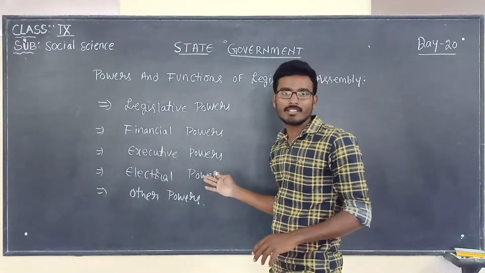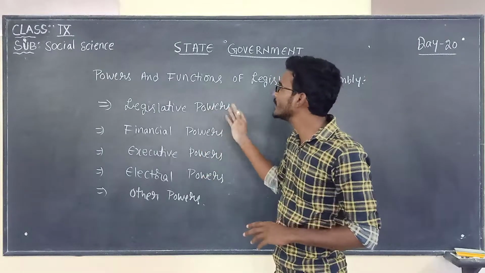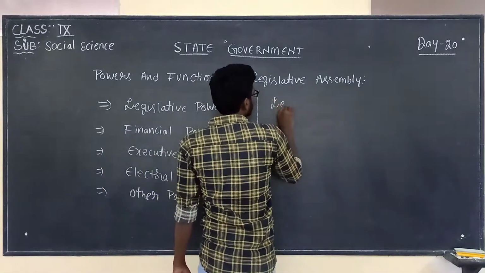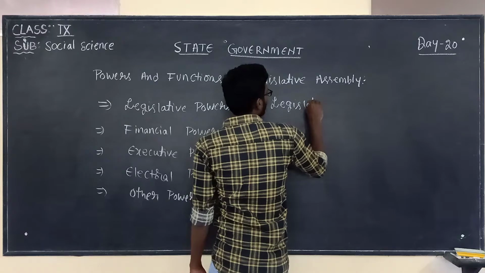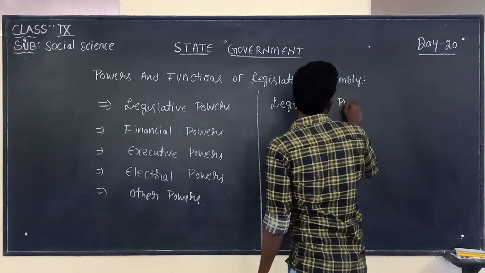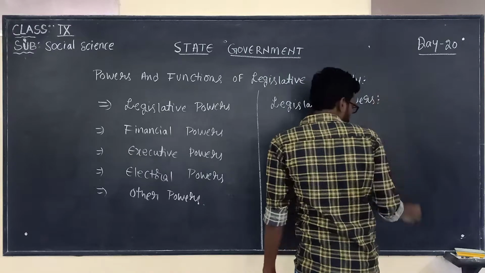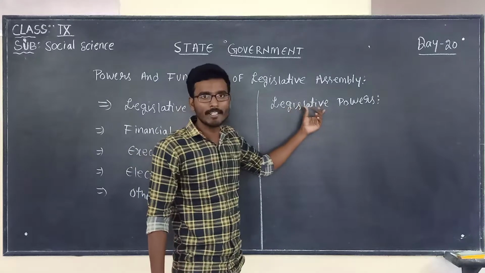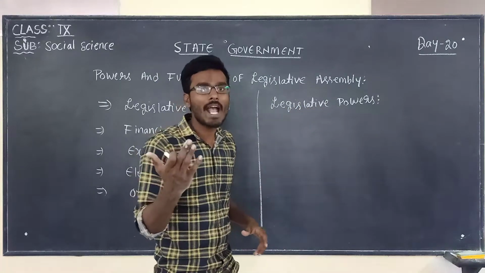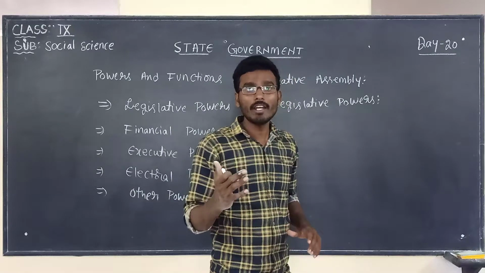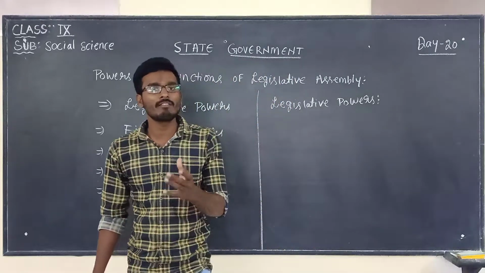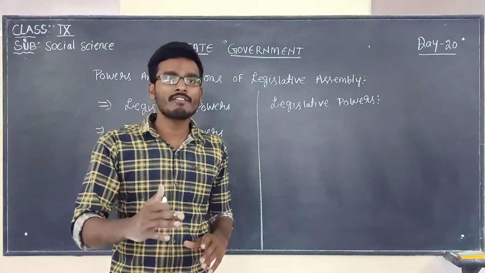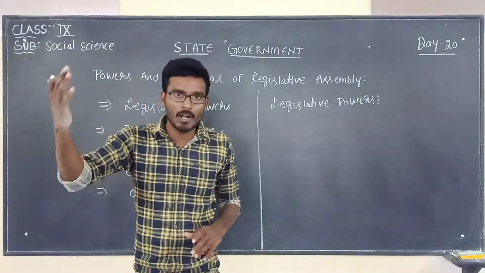Now let us discuss the major function and power of the legislative assembly, which is nothing but legislative powers. What is the meaning of the word legislation? Legislation is nothing but converting a bill into an act. Generally, what is the process to convert a bill into an act? The lower house should approve that bill, and after that they should send that bill to the upper house,